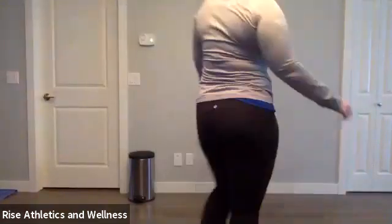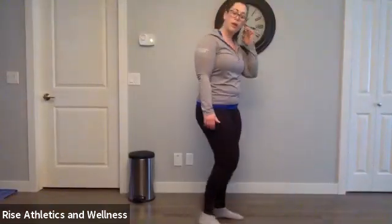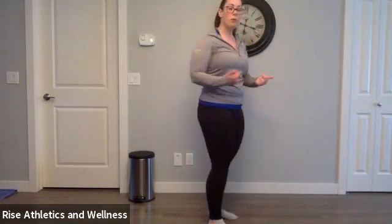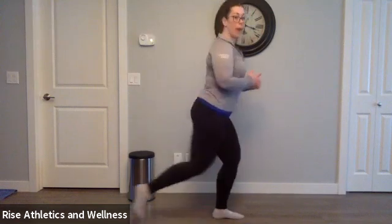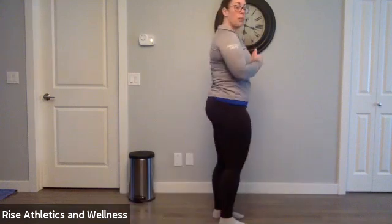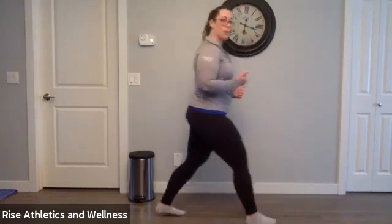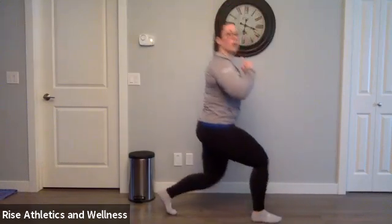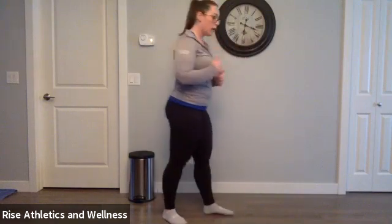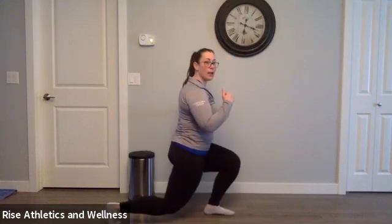Let's get some body weight squats in next. Just going for about 10 to 12 there. Up next, I've got lunges. So I would recommend going one side per round here, right? 15 on one leg on round 1, 15 on the other on round 2. So then I can either step back, drop down, come up, or I can step forward, right? So stepping forward, dropping down, coming back, stepping forward, dropping down, and coming back. Just making sure that regardless, I'm dropping down into that lunge, going for close to a 90-degree angle in both. Okay,